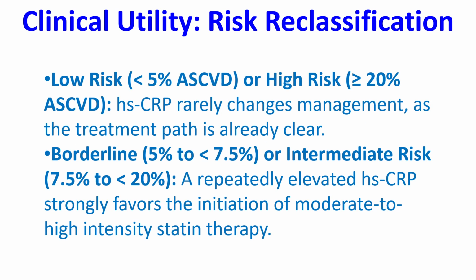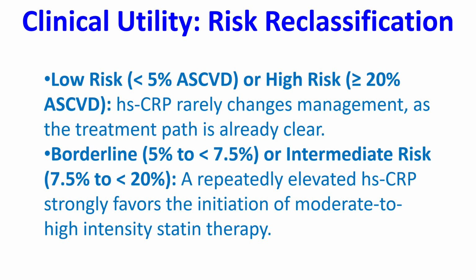In the low risk category, that is less than 5% risk of atherosclerotic cardiovascular disease, or high risk category, 20% or more risk of atherosclerotic cardiovascular disease, hs-CRP rarely changes management as the treatment path is already